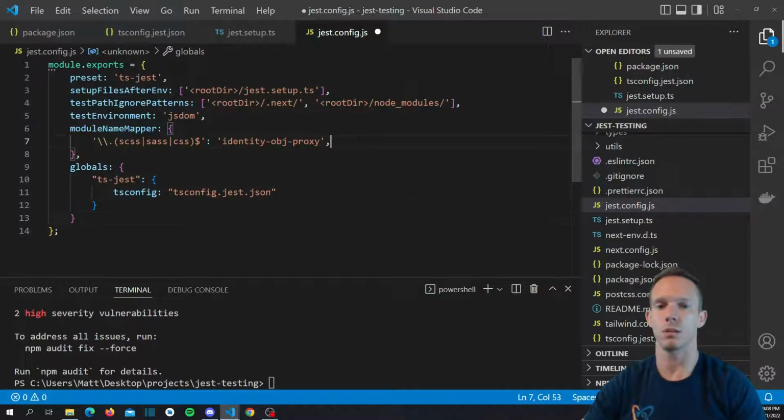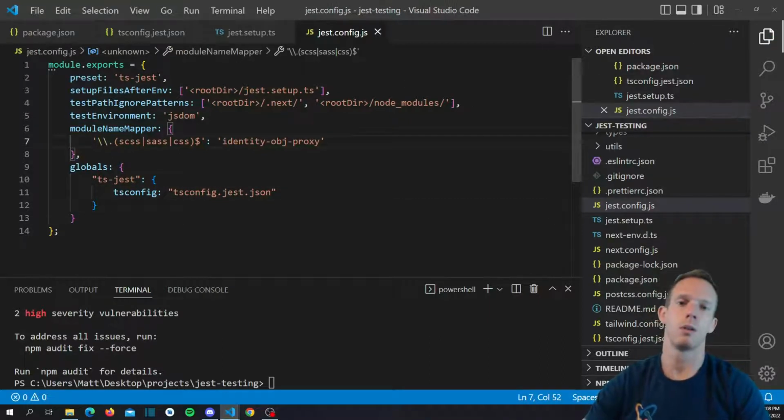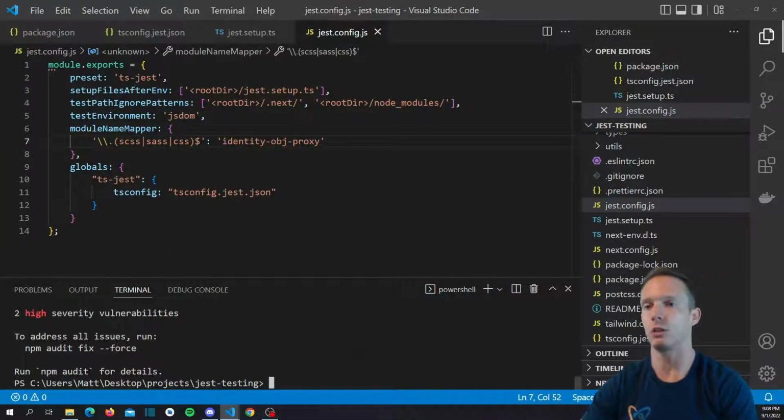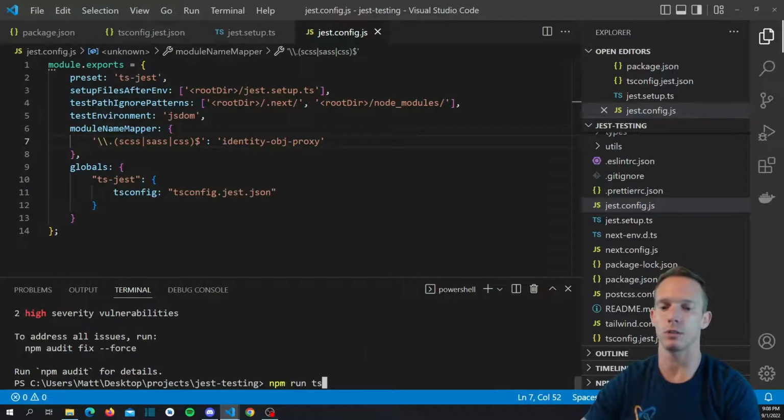All right, awesome. We don't need that. So we have our globals. We basically have our preset here as ts-jest, and then we have our tsconfig mapping to that ts-jest. That should be all the files that we actually need. Now, if we run npm run test, it should actually look for any test files. So if we just do npm test,